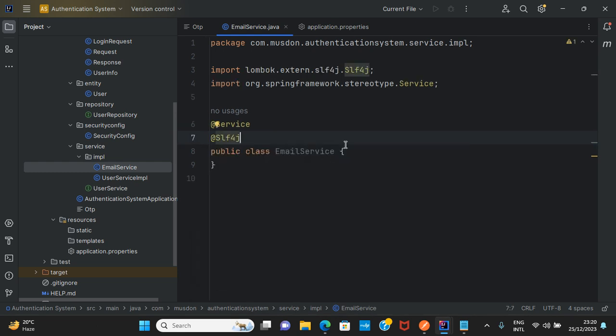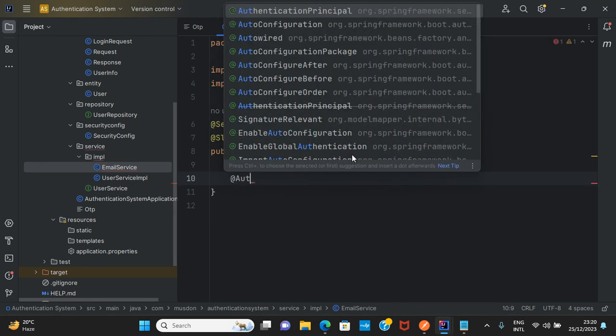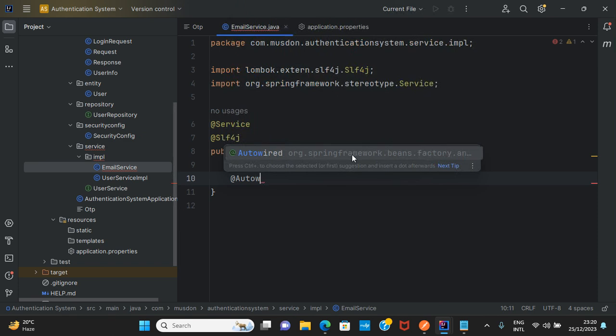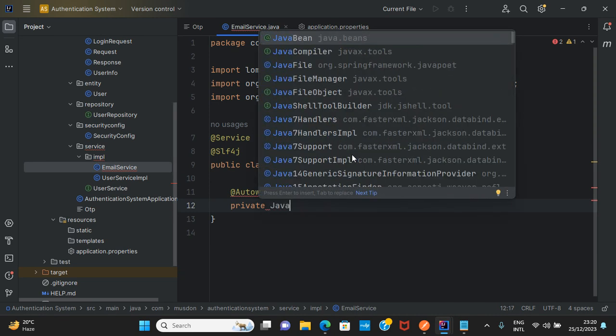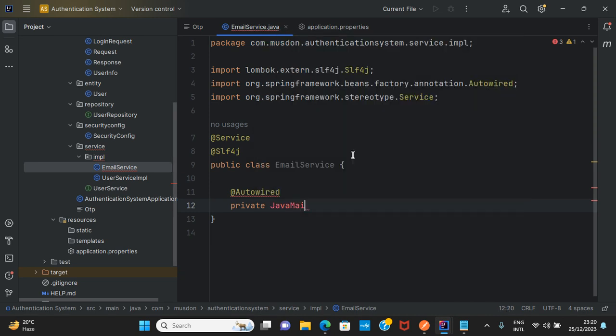So I'll do this. Okay. So here I'm going to autowire a dependency. So this would be Java mail